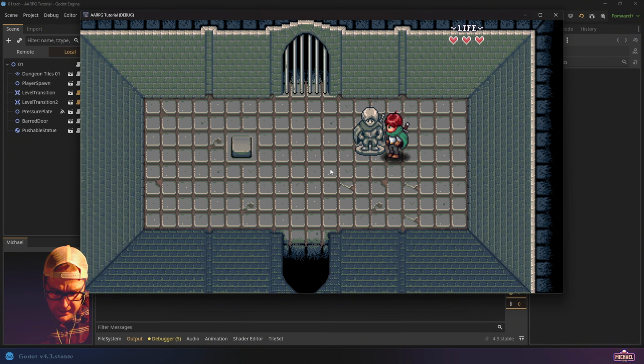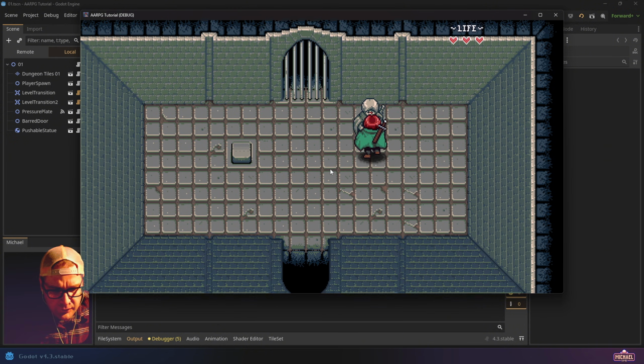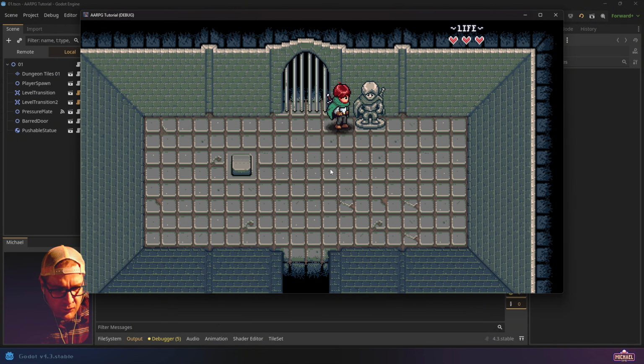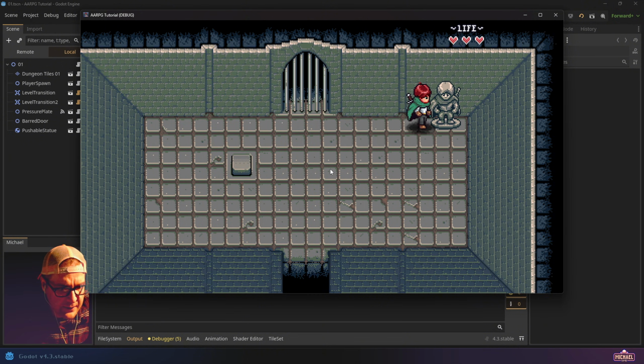And so what I'm getting at is, rather than try and save the location of the statue at all times, and then have to deal with the issue of it getting caught, like, this is another scenario. The statue is useless to me now because I can't push it down,